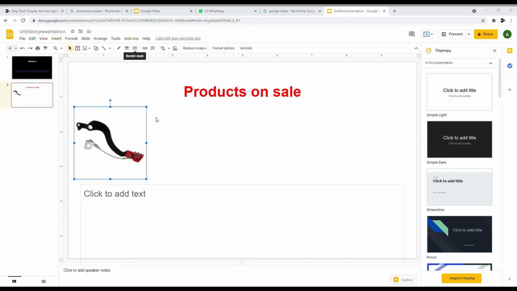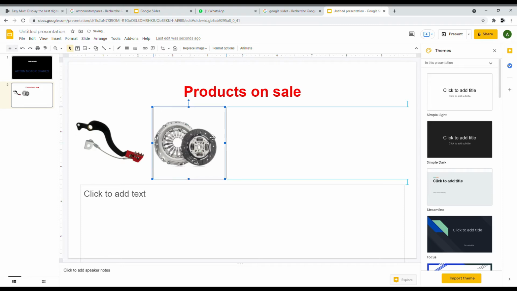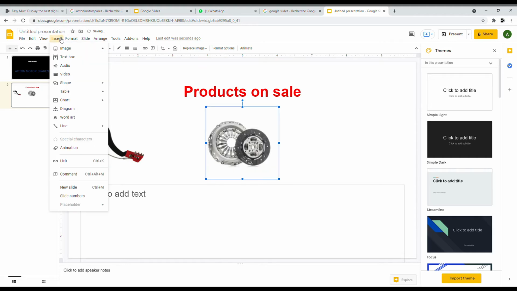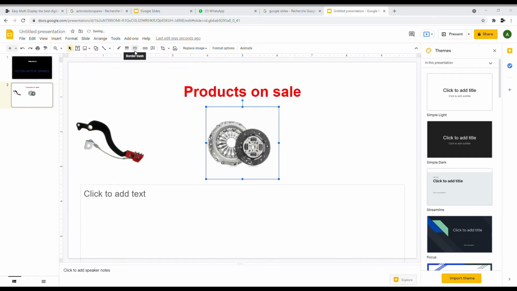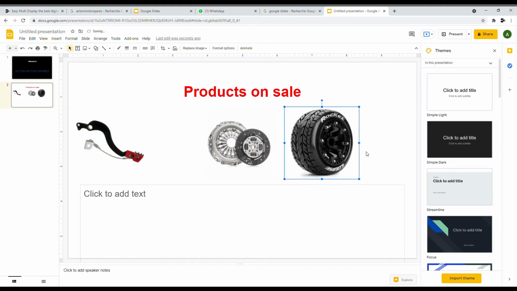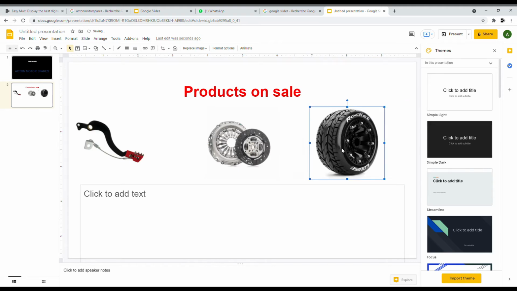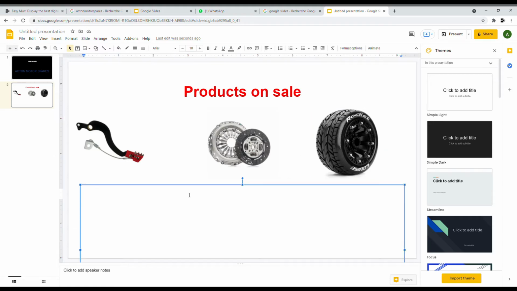Then we will click on Image, Upload from Computer again. Then we will choose clutch disc. Right. We display it in the center of the screen. Yeah, perfect. Finally, the last picture will be our wheel here. Okay, now you have your 3 pictures, and we want to add prices on